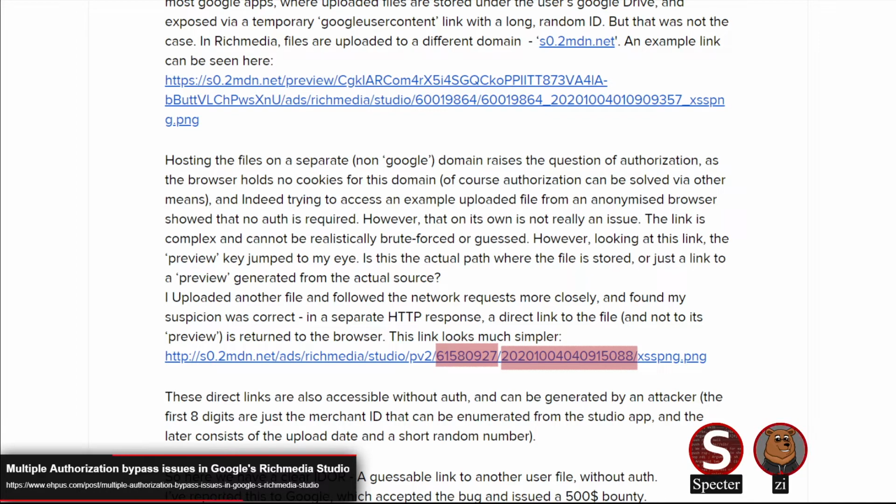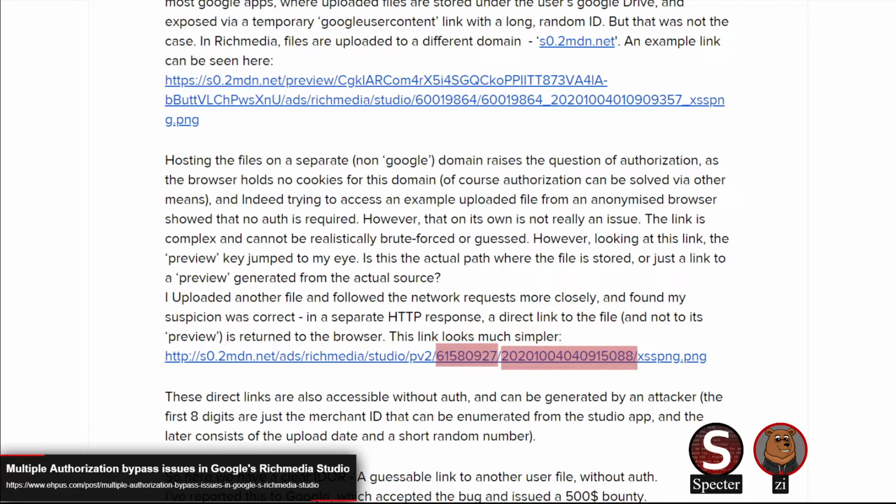Well, when I was looking at this, I'm not even sure there is necessarily randomness in it. So it's the merchant ID, as you said, and then the next set of digits is the timestamp. So what I'm seeing here is 2020, which is the year, 1004. I'm assuming that's October 4th. Actually, given the date, yeah, I guess October 4th would be the one that makes sense.